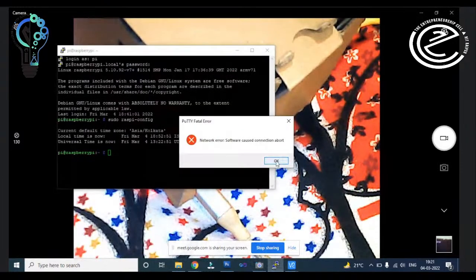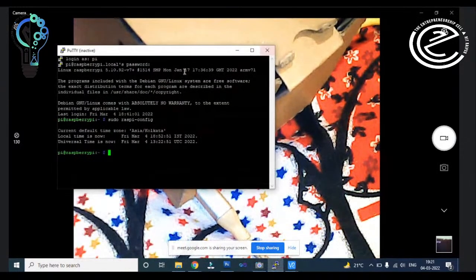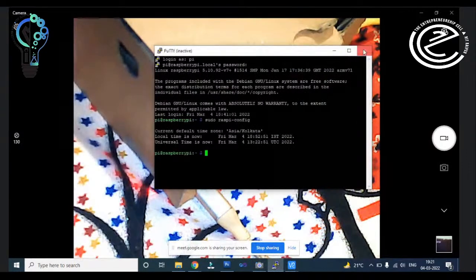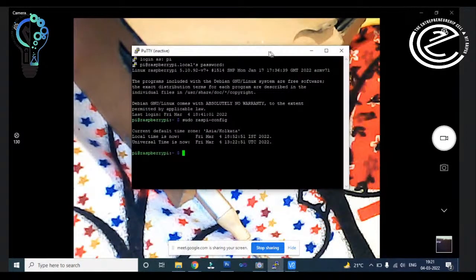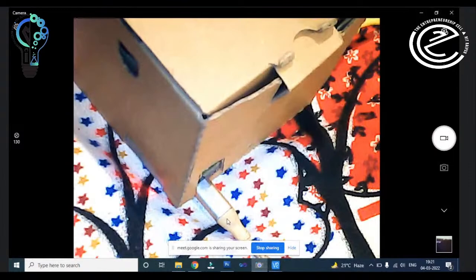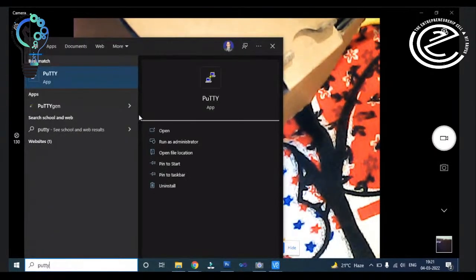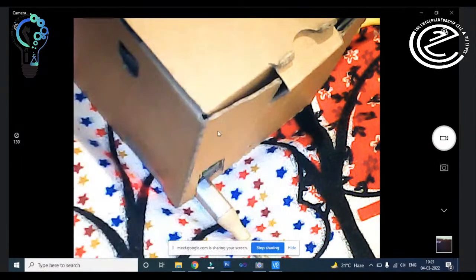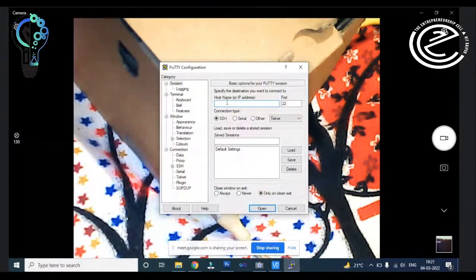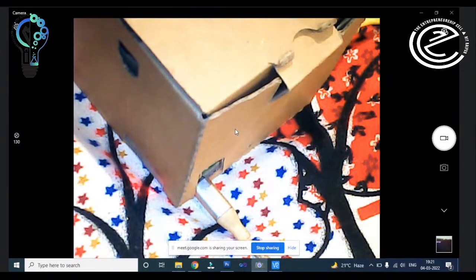Now I will perform the same thing with this. You can see the putty is inactive right now. I disconnected it. Now I will again open the first software, that is putty. Okay, and I will pass the same name, raspberrypi.local, and I will open this.